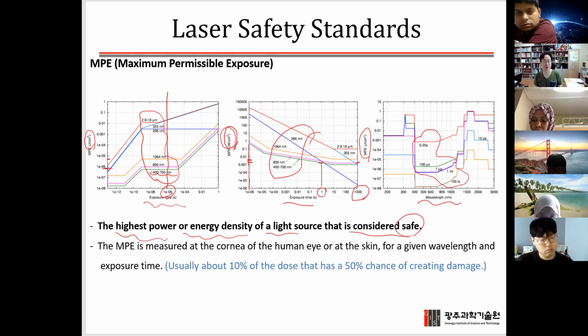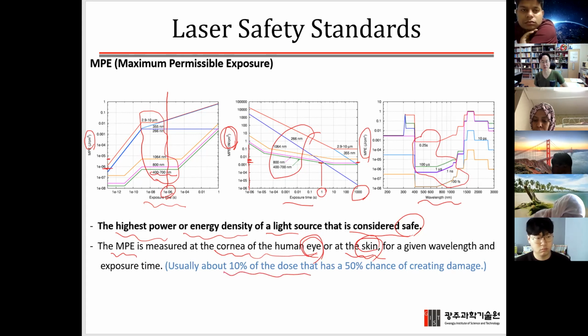And then how this MPE has been measured is either from the cornea of the human eye or from the skin. So actually there are two categories. One is looking at the eye. The other one is considering the skin damage. And of course for the eye, the MPE will be much lower compared with the skin exposure case. And this MPE has been determined by 10% of the dose that has a 50%